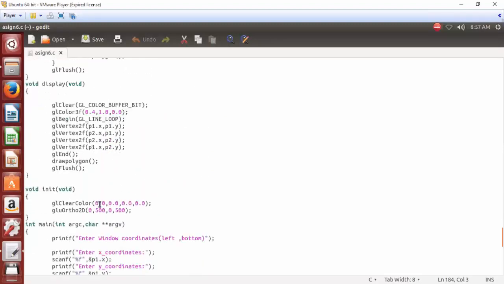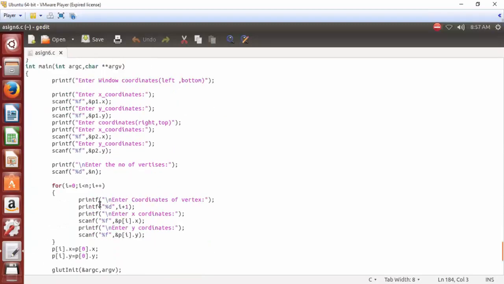Let's go for the main function first. So what we are having in main function, as we already completed the execution part, first our main function is asking to enter window coordinates left bottom, that is p1 point. So it is going to accept the values of p1.x and p1.y, which is of type float.